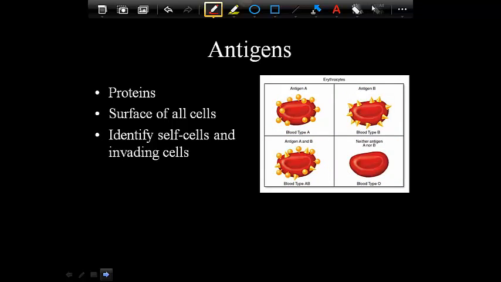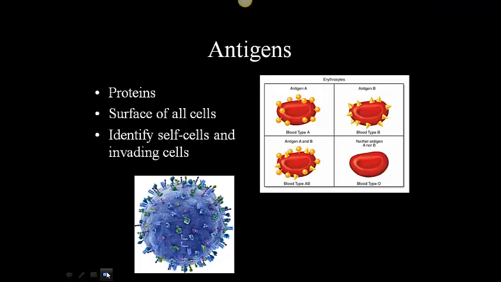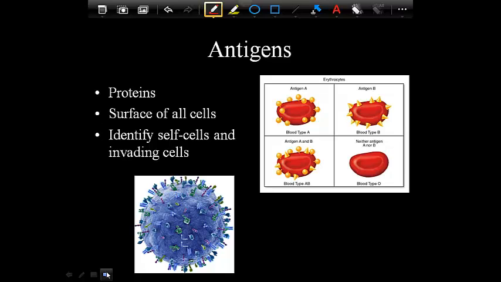So here's an example of what antigens on a virus might look like. Remember the picture of our virus before that had the little knobby things on it? This virus has all these little things sticking out of the surface of the cell, and you can see they don't all look the same. The virus doesn't just have one type of antigen on its surface. It has lots of different types of antigens, proteins that it carries around on the outside of its cell that your body will say, that is not something that I recognize, so we're going to send a white blood cell after it. So those antigens are what triggers that first response from the white blood cells.